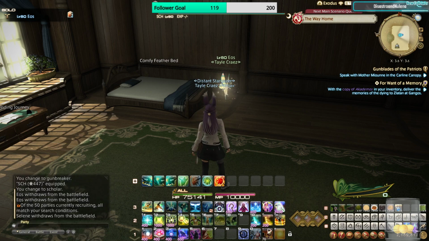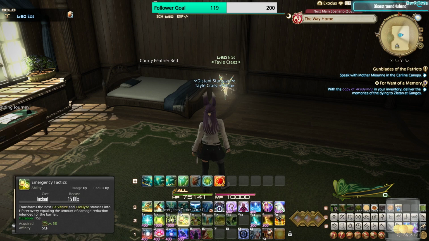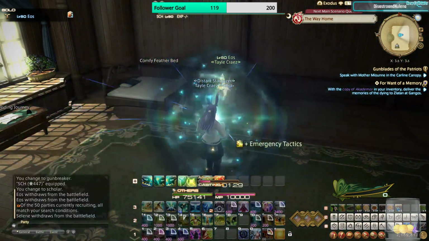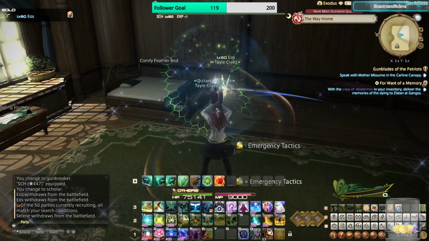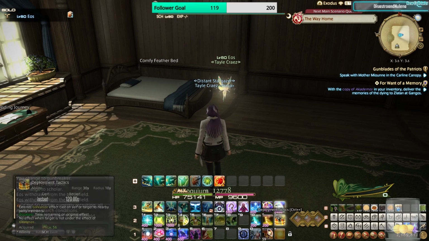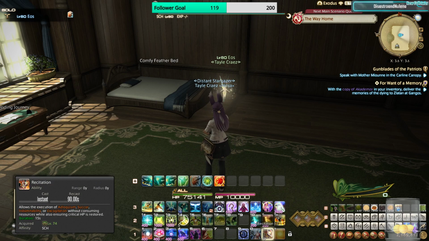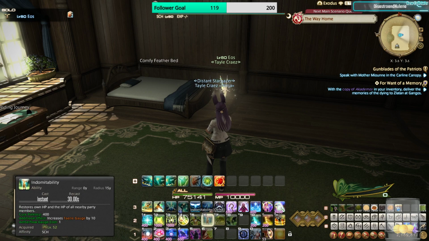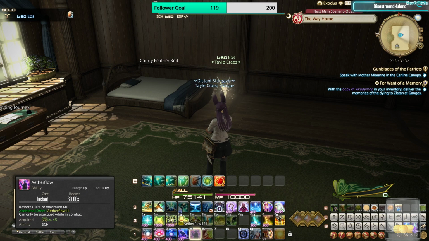If I so wanted to do a big heal. But at the same time, since Emergency Tactics has such a short cooldown, potentially it can be used just like this and just use Emergency Tactics into Adloquium to give at least a decent heal. The Recitation version, I guess, is more for a massive heal. But they're still Lustrate, so